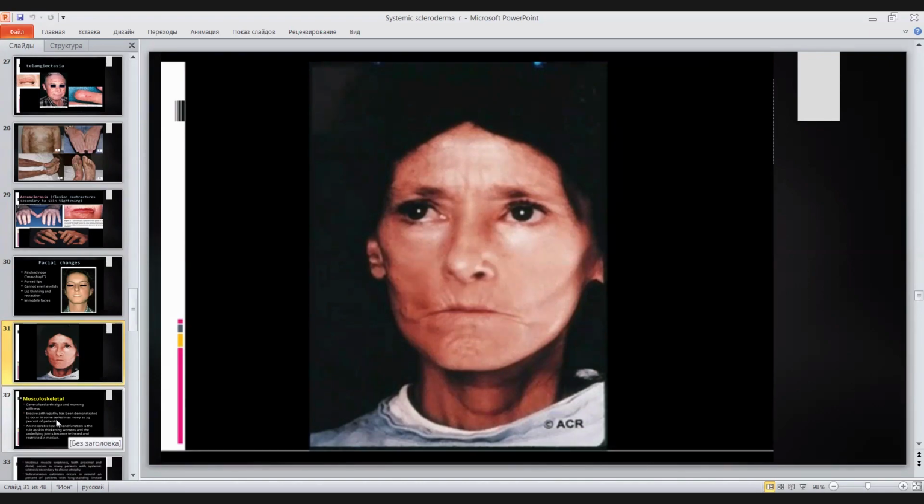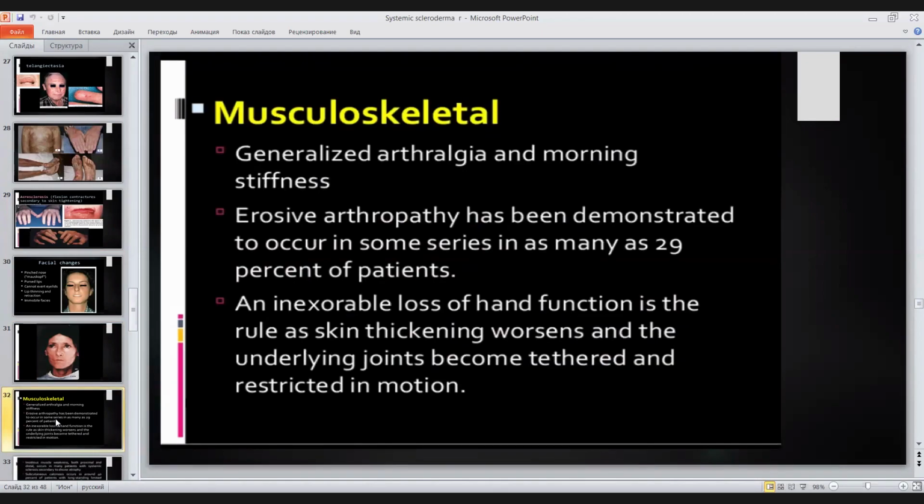Now, as usual, first mainly general changes, and then other symptoms. Now about musculoskeletal. In musculoskeletal there will be arthralgia, morning stiffness, no problem. But morning stiffness does not look like rheumatoid arthritis stiffness. In rheumatoid arthritis, your patients say, I feel morning stiffness more than 1 hour. It will decrease after some motions like this. Here, morning stiffness will be not more than 20 minutes. With arthralgia, the patient also feels pain.